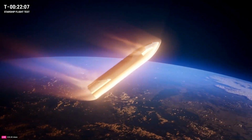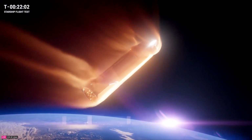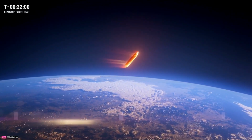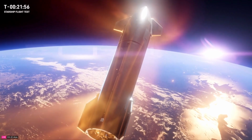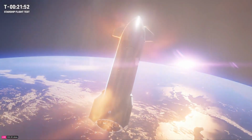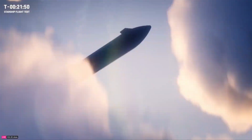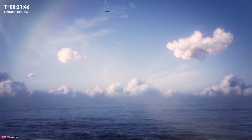And if Starship manages to make it all the way to re-entry, we will collect valuable data on the vehicle as it flies through the Earth's atmosphere at hypersonic speeds, or more than 5 times the speed of sound. We expect it'll look something like this animation on your screen with the heat shield tiles facing down. We'll use the Earth's atmosphere to brake the vehicle and then get us into a controllable regime as we go